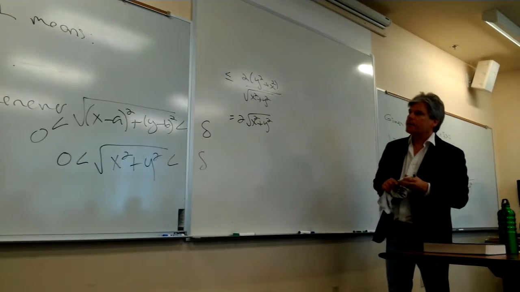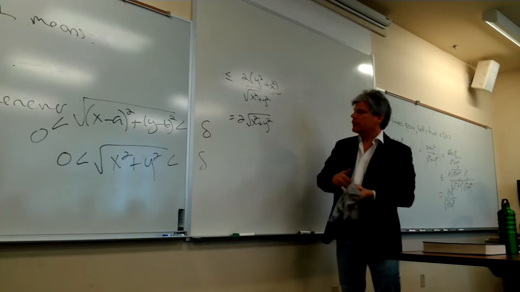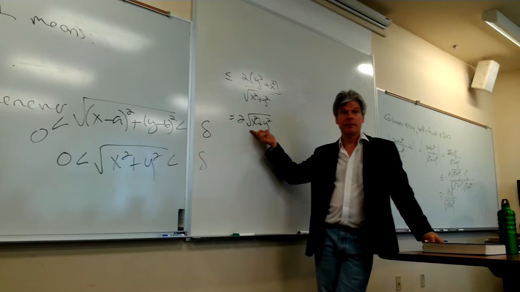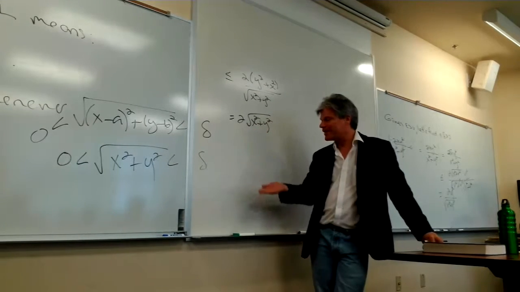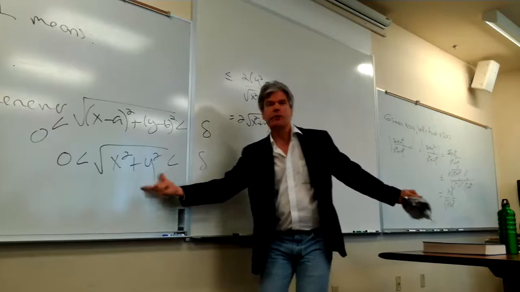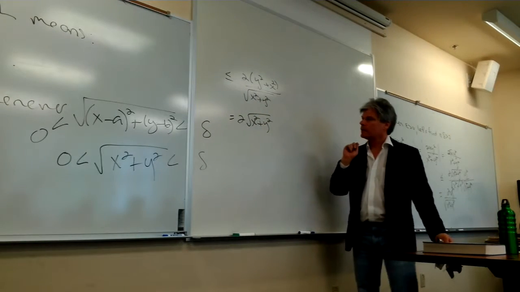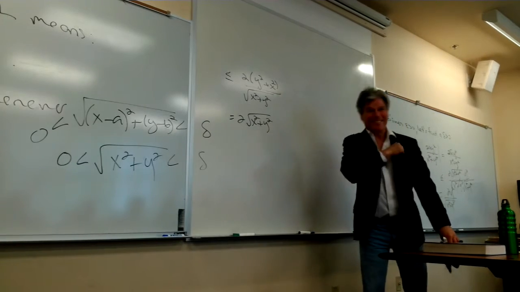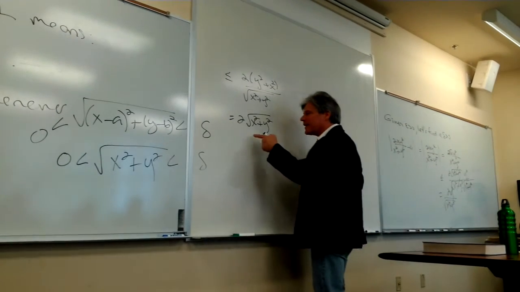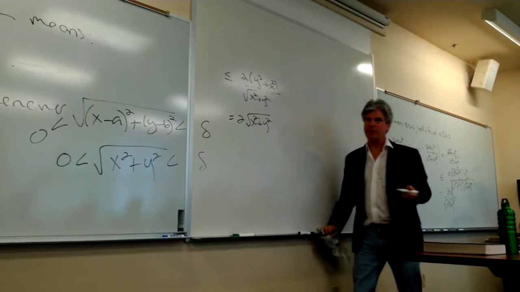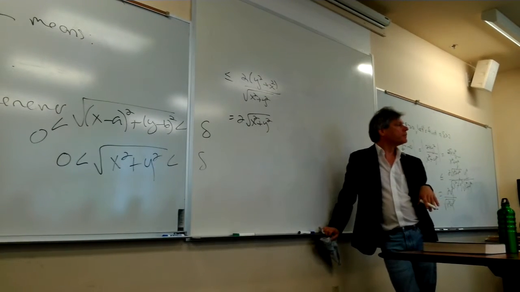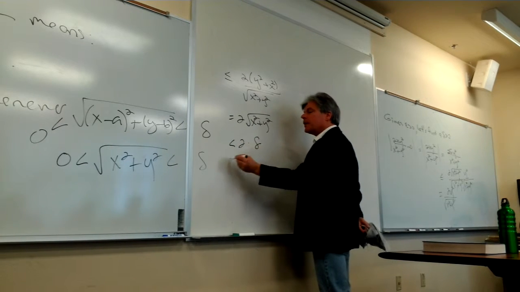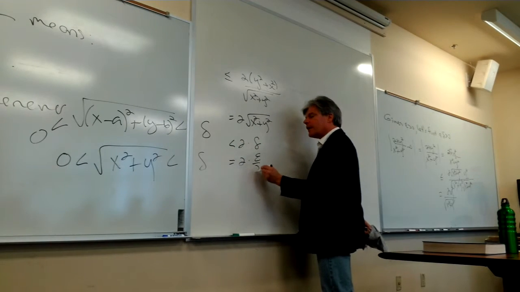Well, that's fine. If I want this whole thing to be less than epsilon, then how am I going to choose my delta? One half of epsilon. Epsilon, thank you. Right. So if I have the case that this thing is strictly less than 1/2 epsilon, I think I'm done. For this to be less than or equal to 2 times delta, if I choose delta to be epsilon halves,